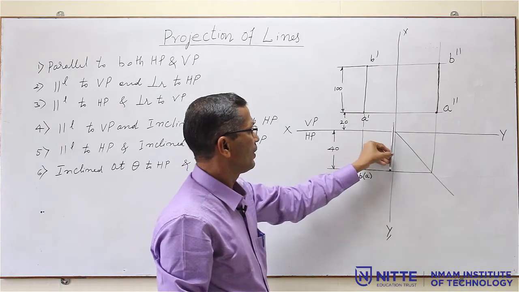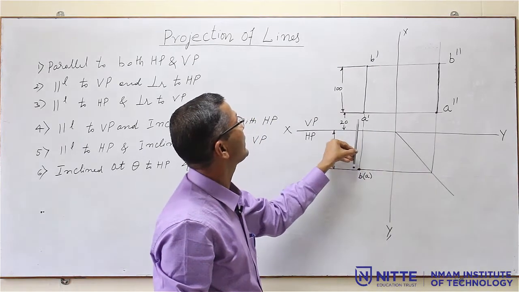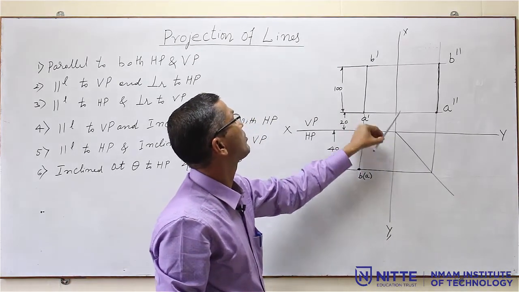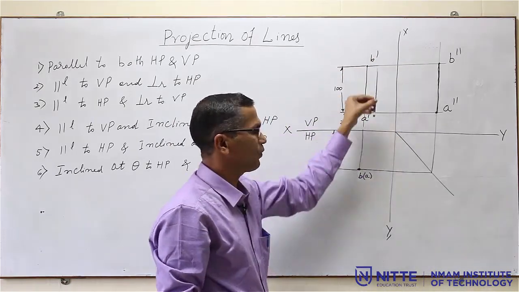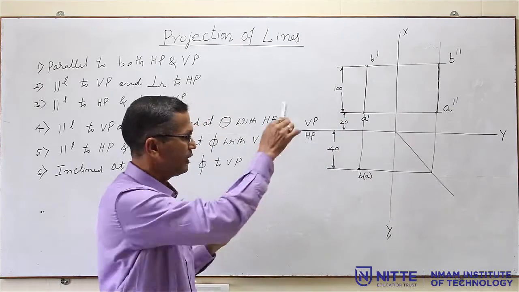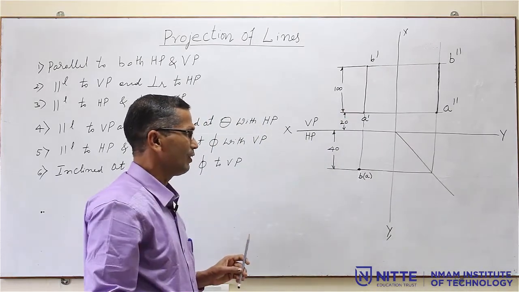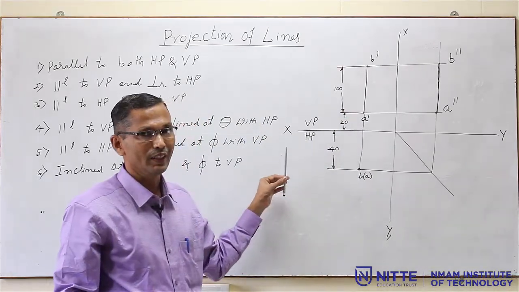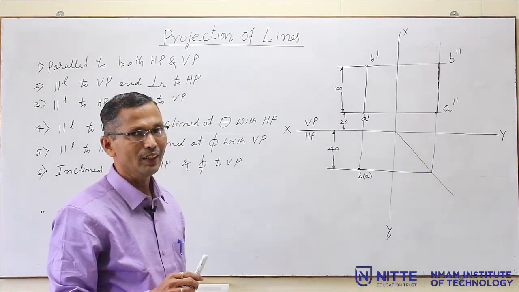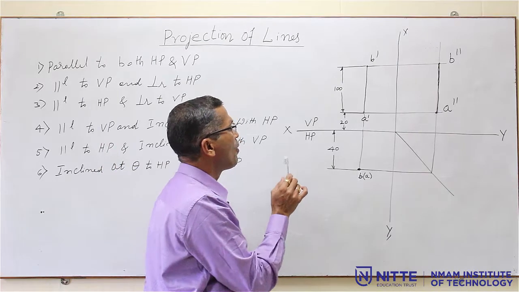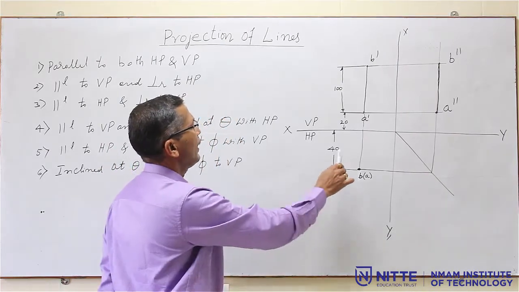And also this is x1 y1 line, and this line should be parallel to this. Similarly, all these lines are parallel to xy line, all the vertical lines are parallel to x1 y1 line, not simply drawing any line. Some of you have drawn freehand in the projection of points chapter. So, do not repeat it here once again. You have to use the scale and proper pencils and draw it neatly.